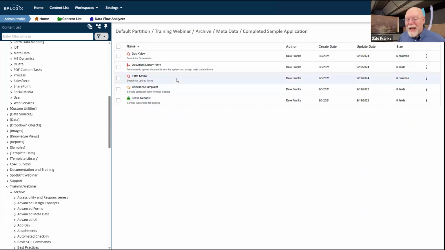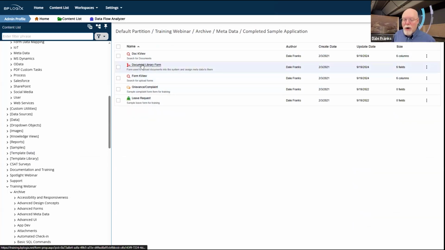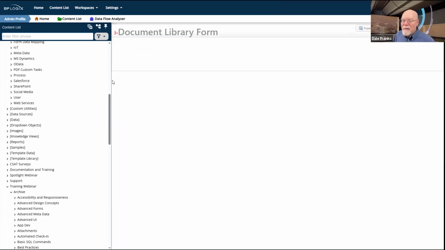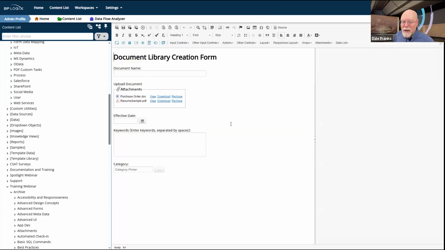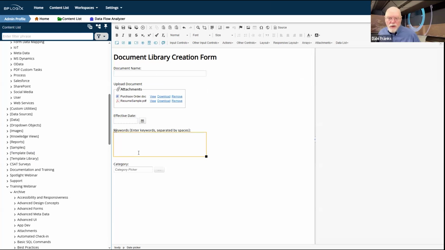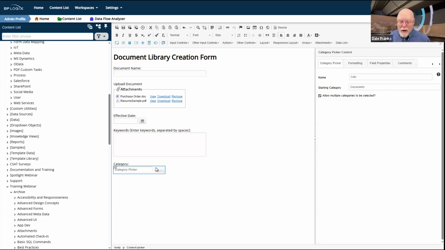So in my metadata form itself, I have this document library form, and on the document library form itself, I have a couple of different fields, some of which, like the effective date and the keywords, are associated directly to an attribute. And I also have a category picker that is associated, well, it's not associated, and that's the problem, with a metadata category. So I need to ensure that my metadata is set.